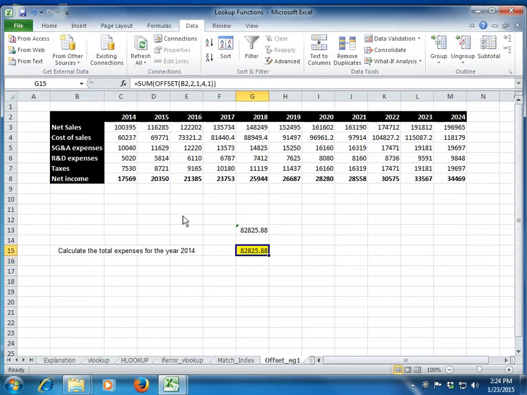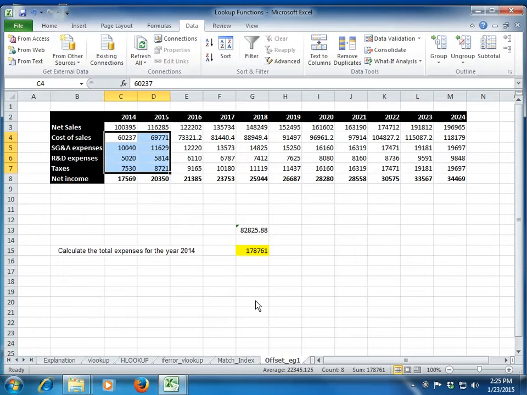Yeah, so you see that the two values are exactly the same. So instead of using the sum function directly, I can use an offset function to include as many rows or columns as I want in my data range. So let's say I want the total sum for 2014 and 15 as well. What I will do is increase the width to 2, and then Excel will give me the sum of the total expenses for 2014 and 15. Here you can see that the sum is exactly what we are getting in the formula. Clear? So this is how a basic offset function works.